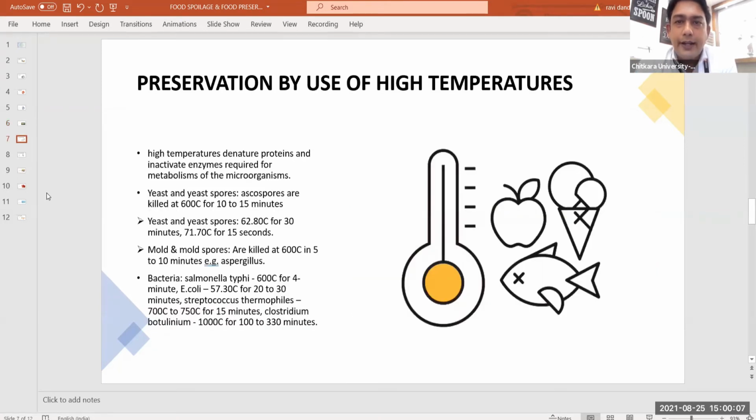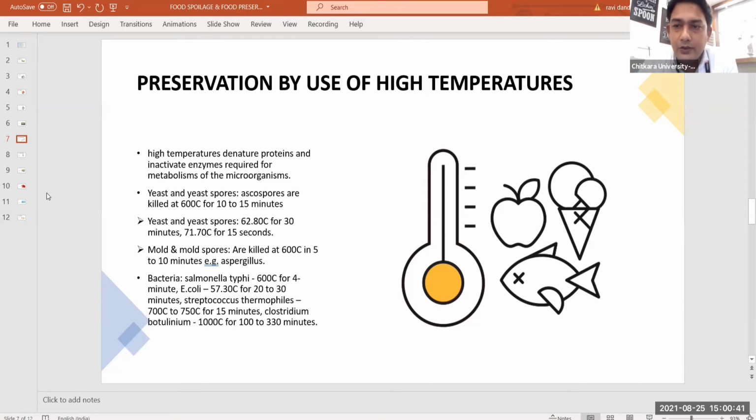Preservation by use of high temperatures. Okay, so temperature is a very crucial factor. We understood in the spoilage presentation also that spoilage can happen when the temperature is not proper. Okay, if it is too high, food will get spoiled. If it is too low, food will get spoiled. So the right temperature is very much important. Similarly, in the preservation part also, if we apply the right temperature, the food can be preserved for a longer time. As one example is that